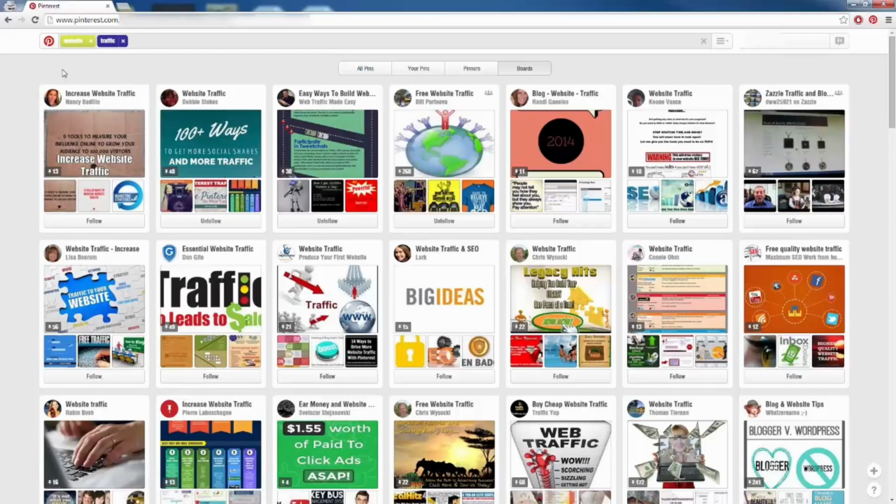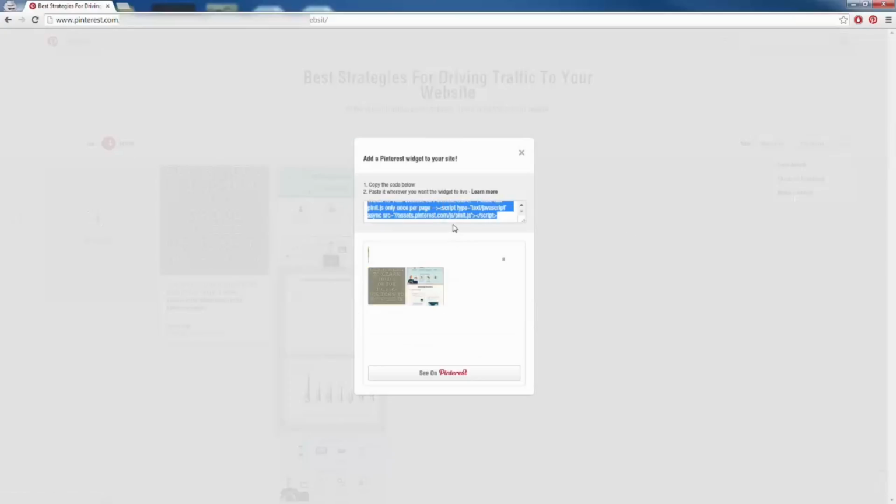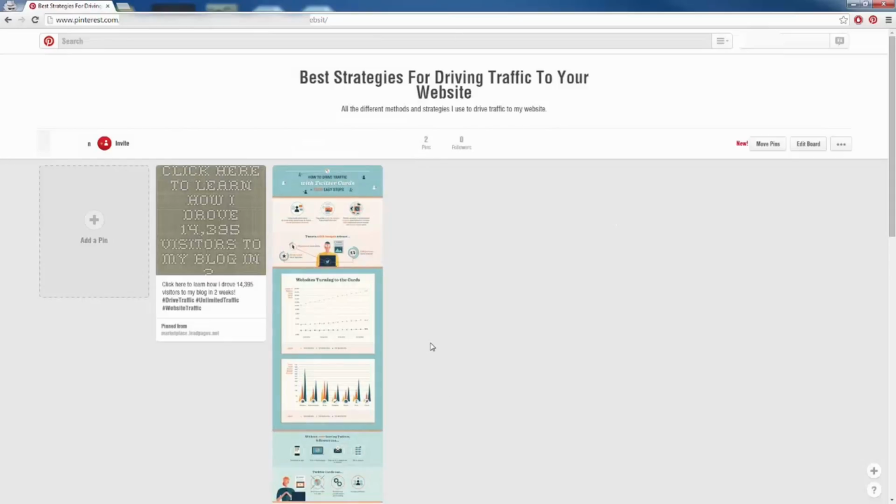All right. So how do we do that? How do we place our board? Well, when we are viewing our board, like I am here, we are going to click on the little 3 dots over here, and we're going to go to make a widget. And we can see that it gives us an HTML code here, and we can see what the widget looks like. It's going to show all our different pins that we have here, and people can click on them individually and visit our website, or they can click on see on Pinterest, and it's going to redirect them to our full page here where they can follow us, follow our board, and stay in touch. Okay, so we're going to give that HTML code